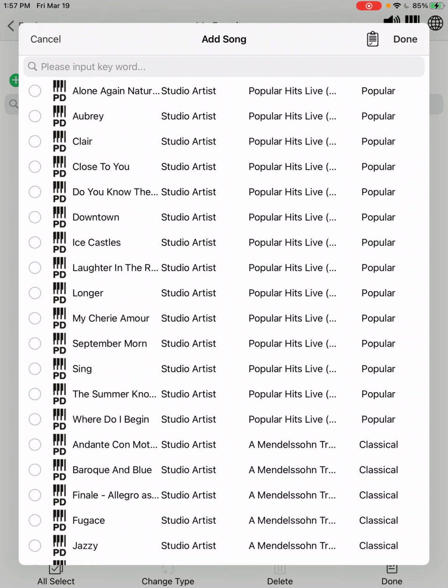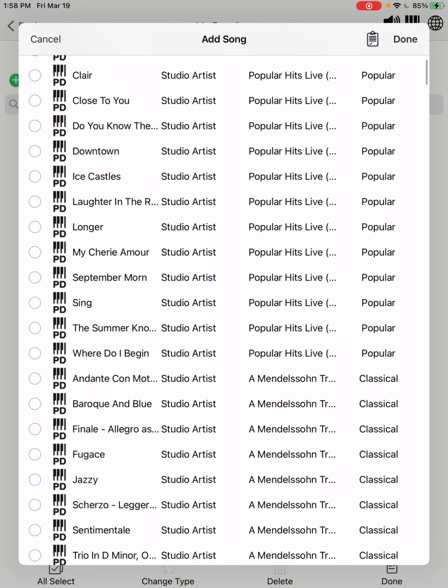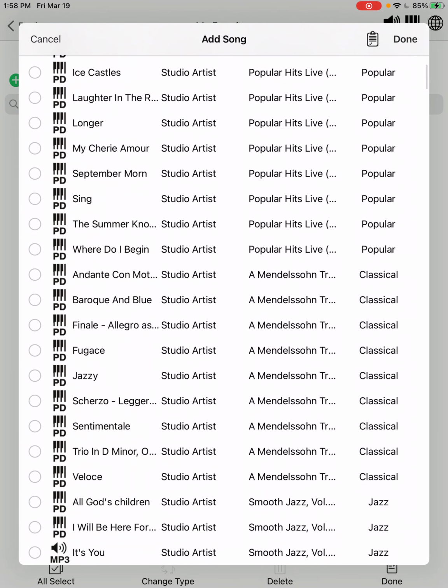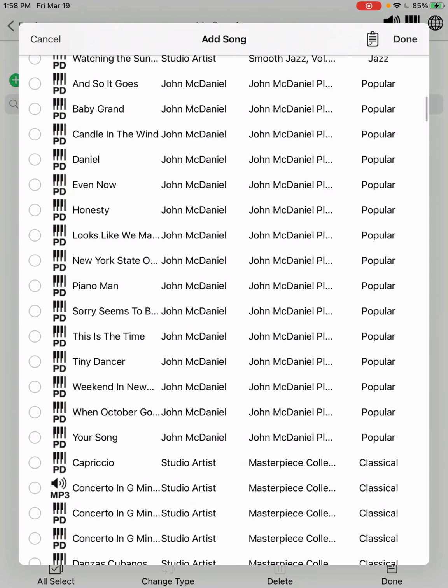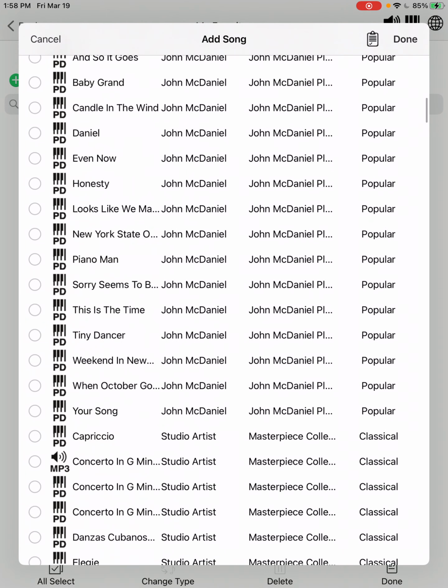So here's how we get started selecting songs. Scroll through the list and find a song that you would like to add to your list. I'm going to choose Sing. It's one of the Popular Hits Live songs, so I touch the title line Sing and a blue check mark shows up. That means it's selected for my playlist. Let's go down here to Popular. Oh, here's Piano Man. I'm going to select Piano Man,